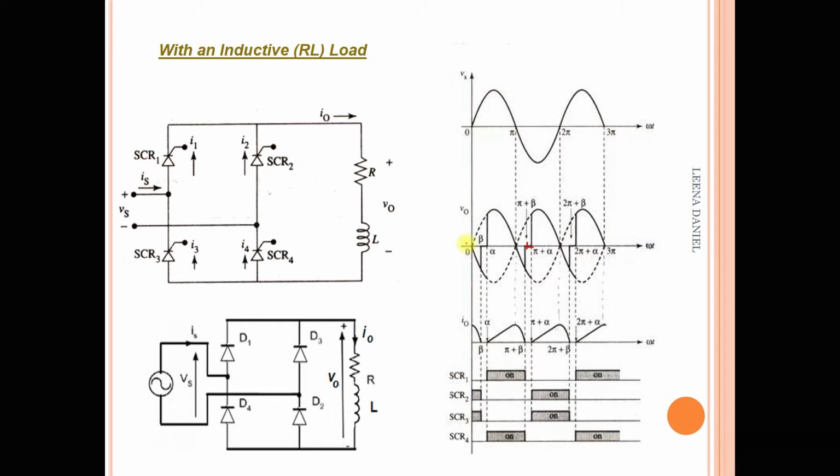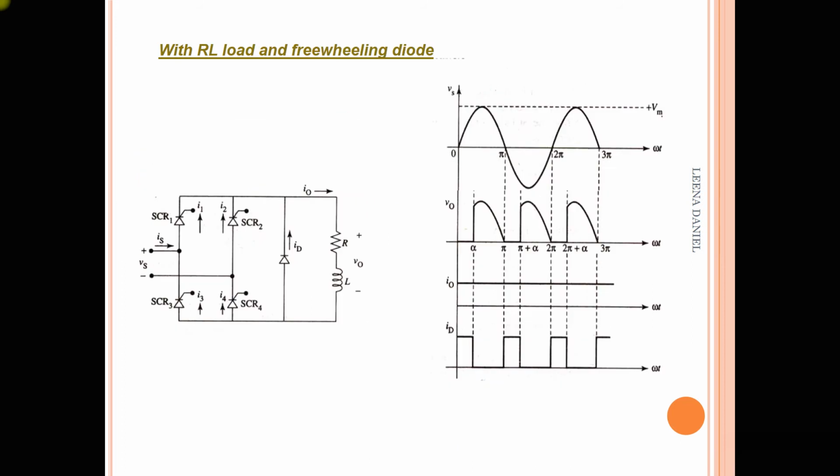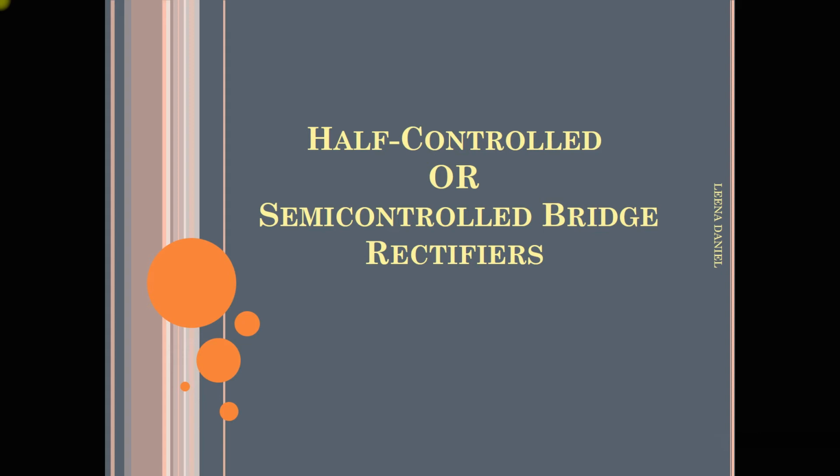The only drawback of the RL load is that when we use the inductive load, the extinction angle comes into the picture. The voltage should be 0 at omega t equal to pi, but it would not be 0 due to this inductor. So we can improve the performance of the circuit. When we use the inductive load, to improve this waveform, again we use the freewheeling diode. Okay. Next is the semi-converter, semi-controlled rectification.